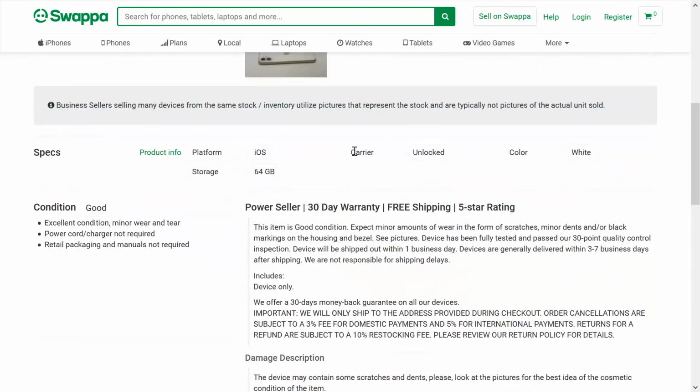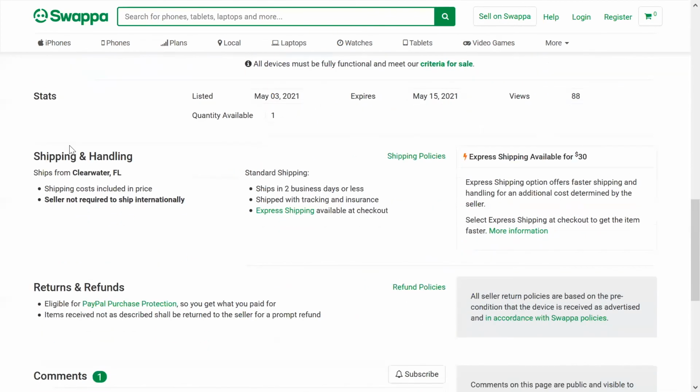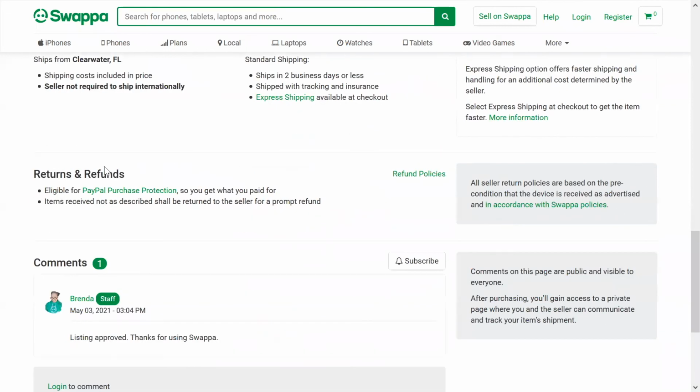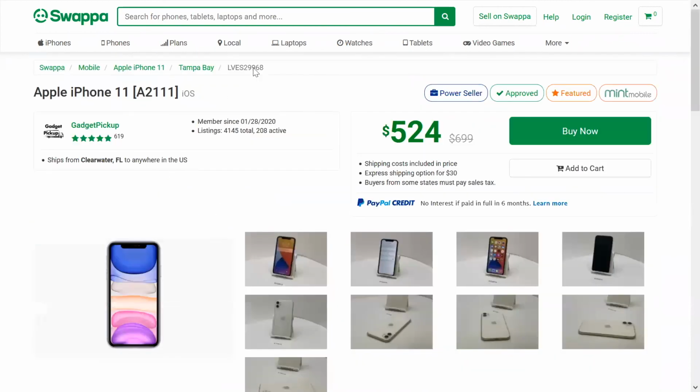Now, if you scroll down, it'll usually have a better, more in-depth description about the product itself, any scratches, any damages it has. Here it says it's in excellent condition with minor wear and tear. There's more information about the shipping options available and about returns and refunds. But let's say I wanted this device. I could just click buy now,